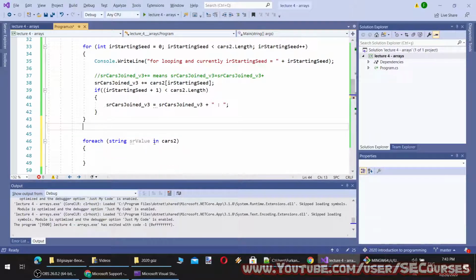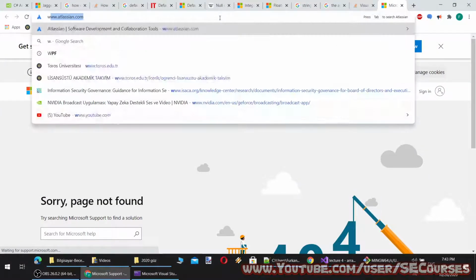Okay, you can use these methods with every kind of enumerable object, like arrays and lists. What's an enumerable object, if you wonder?